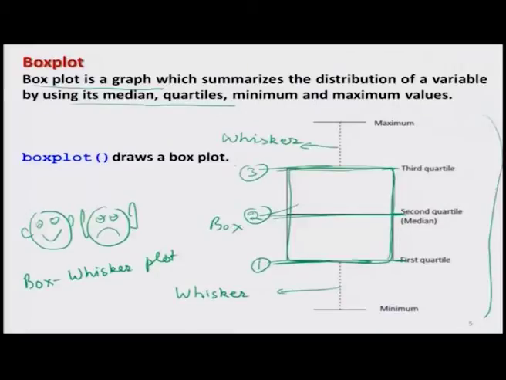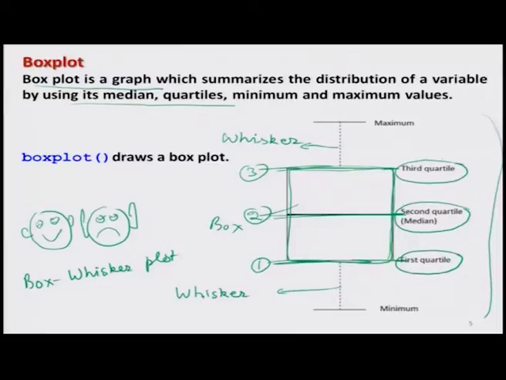These 3 lines, that is the first and third line, as the sides of the box, and line number 2 in the box, they are trying to indicate the quartiles. For example, line number 1 is indicating the value of the first quartile. Line number 2, that is inside the box, is indicating the second quartile, the value of the median. And line number 3 is indicating the third quartile, that is the value of the third quartile from a data set.